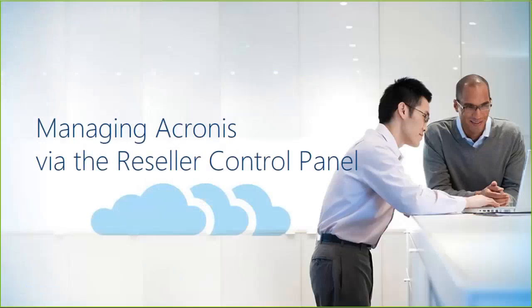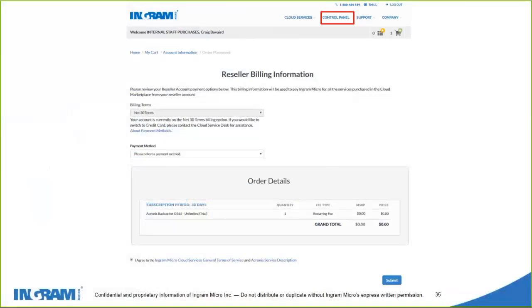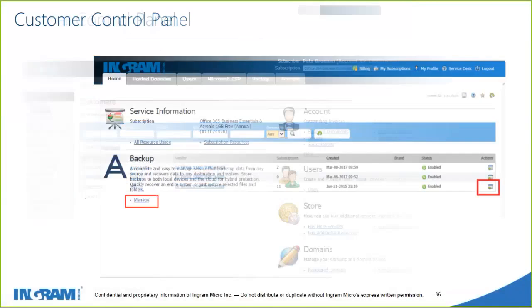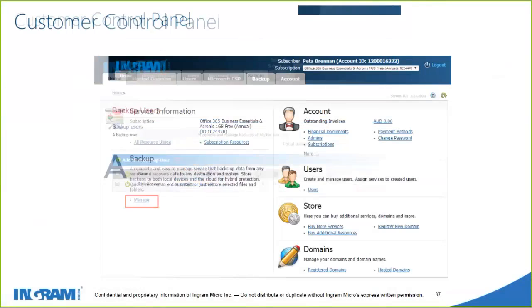Just how to actually access the Acronis Cloud via our marketplace once you've processed that free 30-day trial offer: select the control panel after you've placed your order, select the customers section on the left-hand side, and the customer you've provisioned that for. Using the actions column will take you straight into their customer control panel to be able to provision and manage these services. Once you land on there, you will see the option to manage your Acronis backup licenses. Selecting the manage option will take you into the ability to